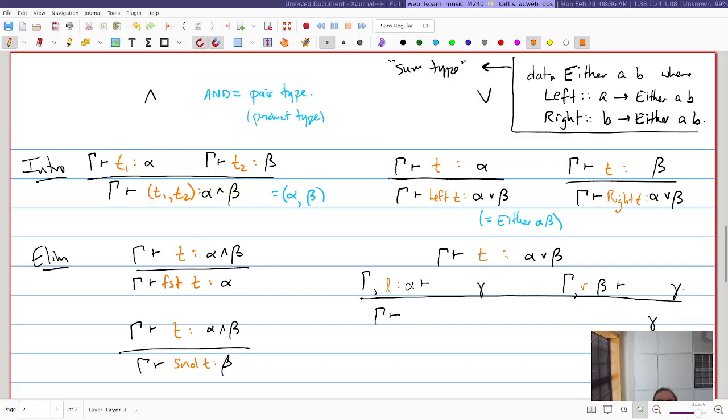Okay, so then this is going to be, I'll call this C1 for case 1. This is going to be C2, case 2. And then what goes down here? What is the actual term that corresponds to this whole thing? It's basically a case expression. So it's like saying case